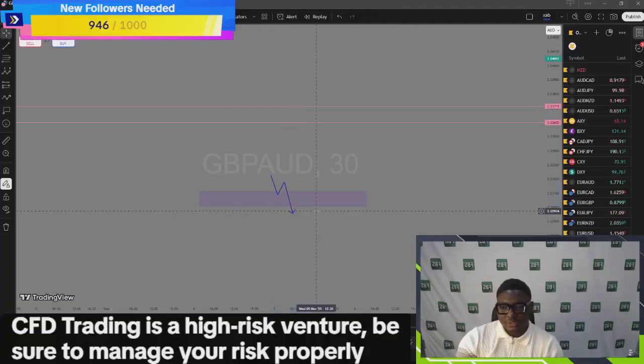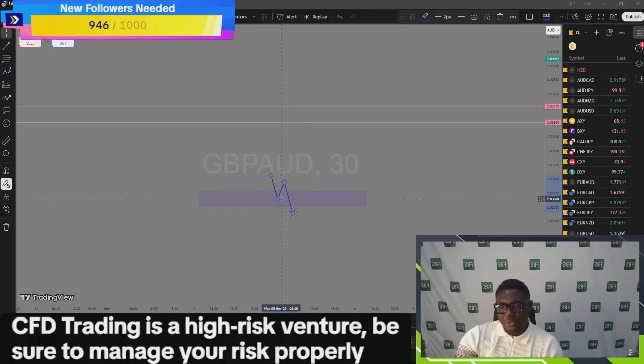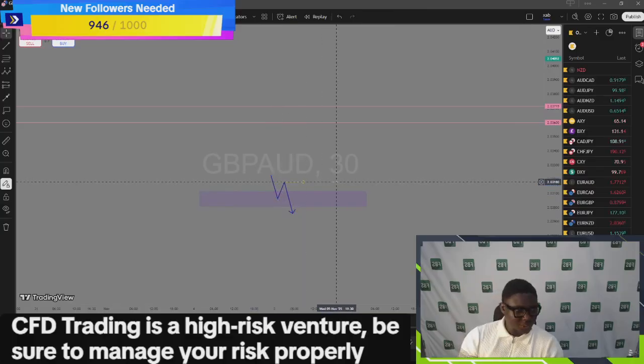This is what ICT traders will call a Judas swing, which means a swing that betrays the original level or the original sentiment. So now that you've seen price break below the zone that you were targeting, you can use your line chart to mark the key level that was responsible for that liquidity sweep. You use your key level to measure whether there's been a change of character or a shift in market structure.